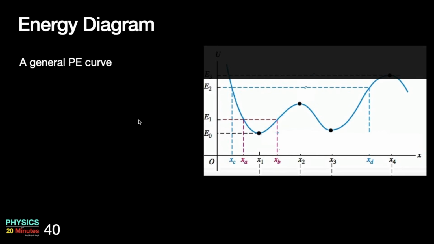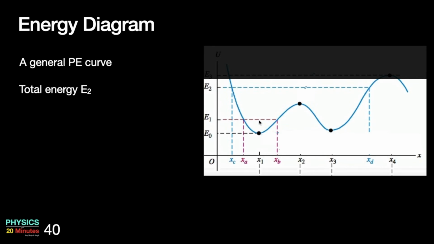Now going further, I am now at an energy level which is E2, which is larger than E1, much larger than E1. So this is my level of E2 from here to here. Now if total energy is E2, you can see the behavior. You can see that at this point, x1, this height is enormous. Now remember, this height represents kinetic energy. So the speed of the particle is a lot.